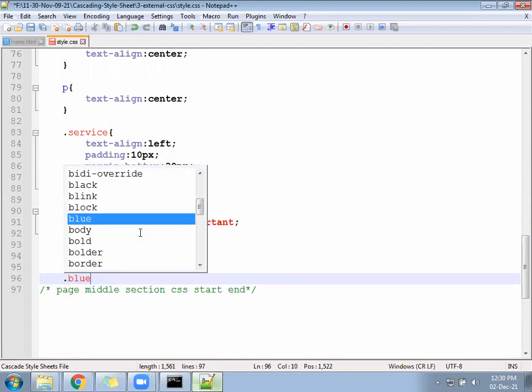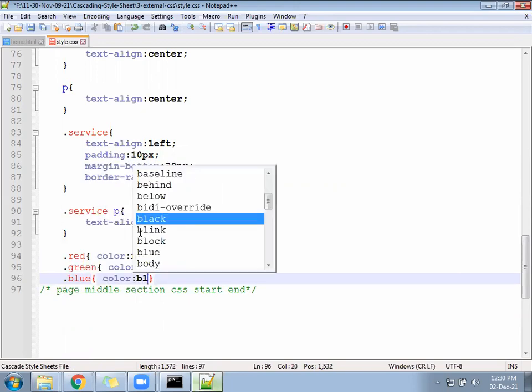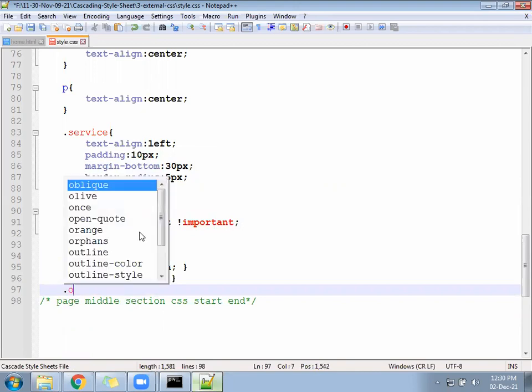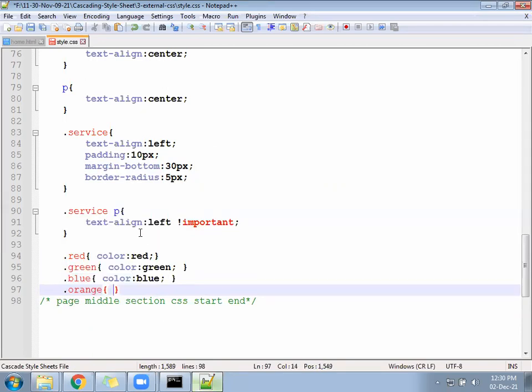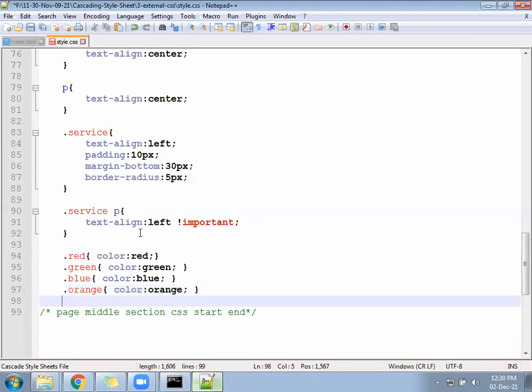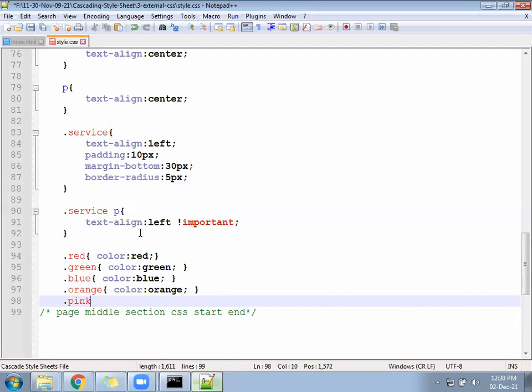Blue: you can write color as blue. Next, orange: color as orange. Next, pink: color as pink.